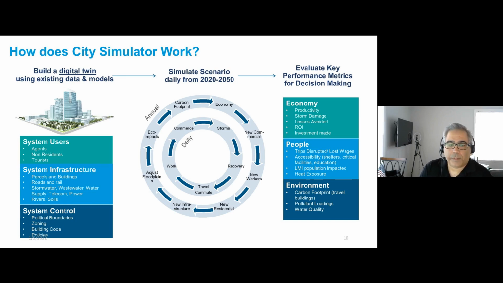In the center, that's a loop that runs once a day, and it starts out with a forecast of storms. Daily forecast going out 30 years, and that forecast is built with global climate models, and that's how we get the climate change signal in there. So if the global models are predicting increased rainfall, larger storms, more frequent storms, and so on, that's included in